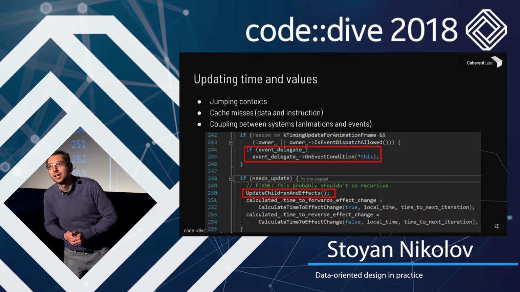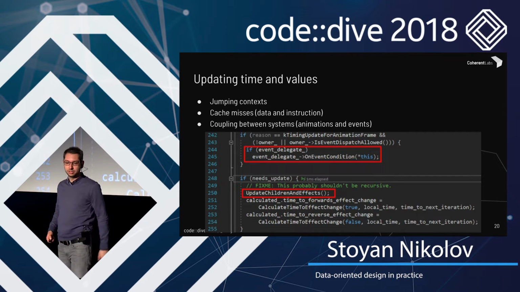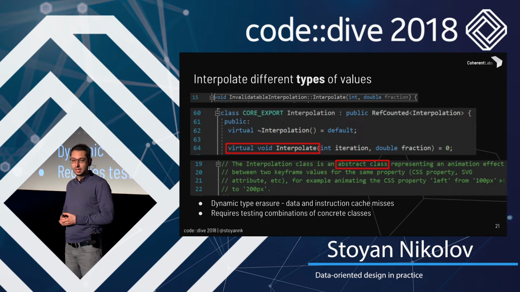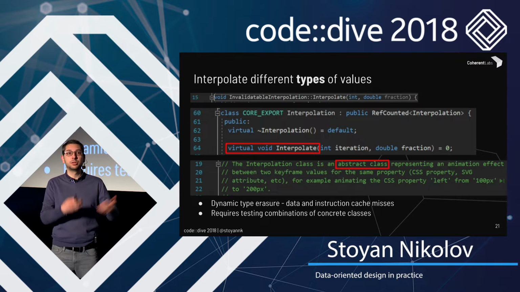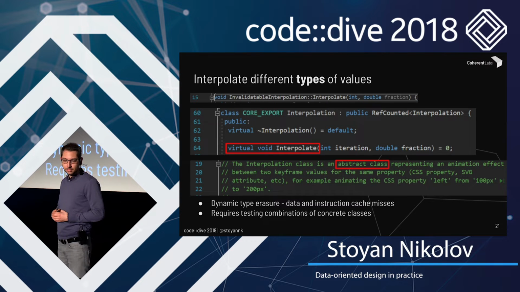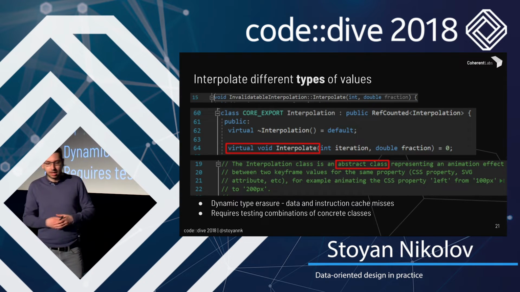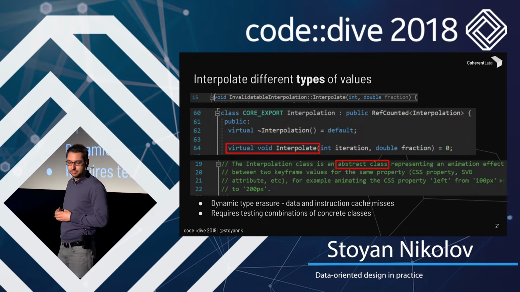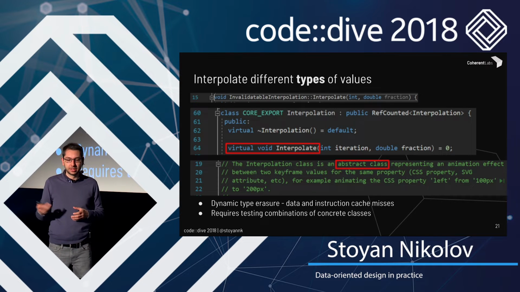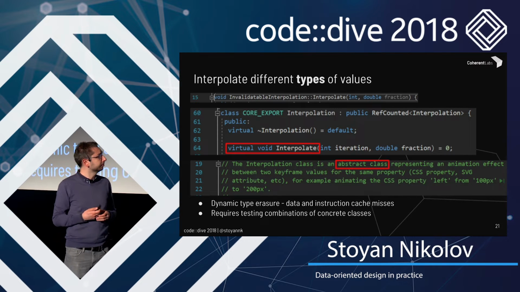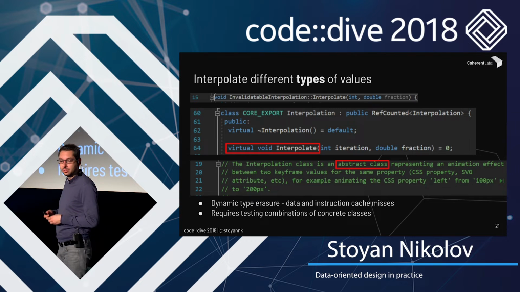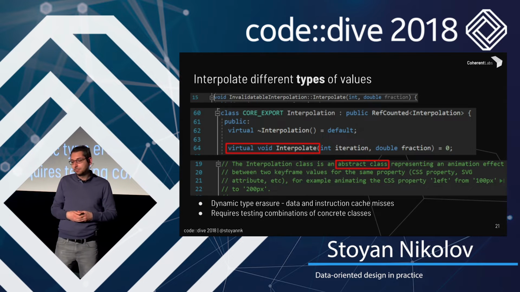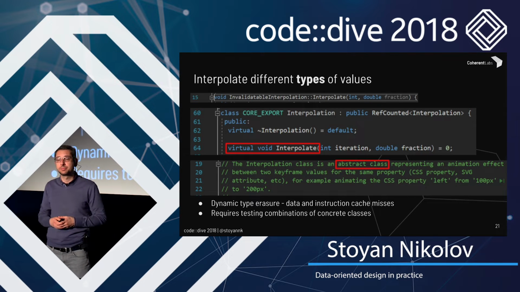Yes, exactly, with a virtual. So an abstract class. There is an abstract class, an interface called interpolation, that has a virtual method called interpolate, and you can implement that for any type that you want. It works, obviously. However, it's a way of doing dynamic type erasure in C++. And it has some effects. It incurs a cache miss, because you have to allocate that class on the heap, and you have to call that virtual method. And it has this effect on performance.